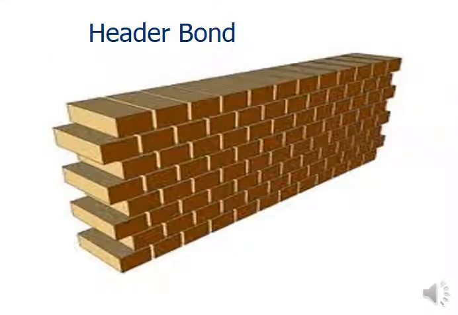So here you can see the header bond, the first layer. Okay, so this is from the center. This is not going to show you the corners. Okay, so here you can see it is continuing. So here again you can continue placing another brick. Here you can continue by placing another brick. So there is no end of the wall, it is continued. You can show a continuity sign over here and you can also show a continuity sign over here.